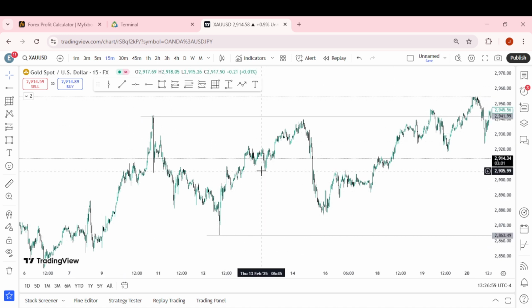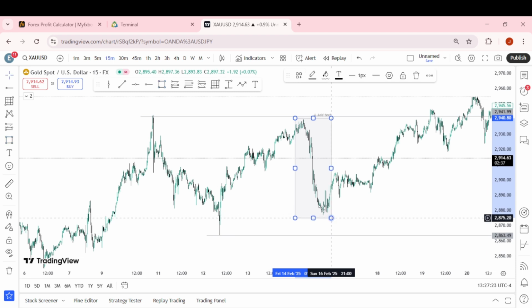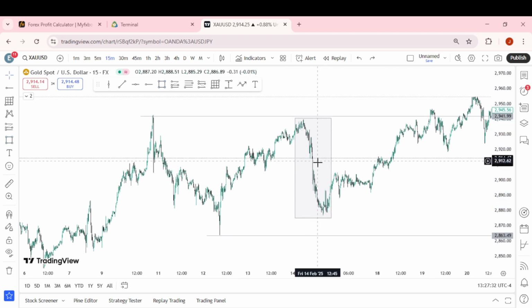This low right here on the 4-hour was liquidity. So immediately price came all the way down and knew price was going to continue the bullish momentum, right? So I started looking for an entry right here. This structure right here was my mini range in the 50 minutes time frame. This wasn't my main range. This was the mini range. So I used this range to look for a structure on the 50 minutes time frame, and I eventually found